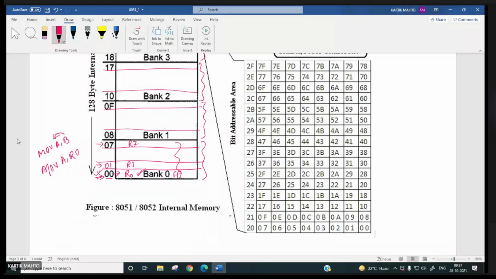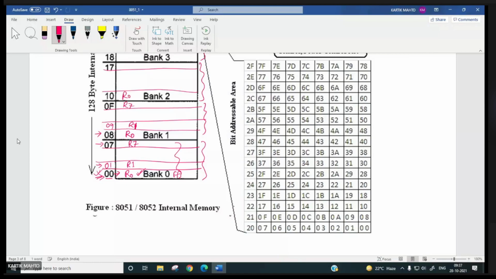So this is related to register bank 0 only. In register bank 0, how many registers do we have? We have 8 registers, and again in register bank 1, we have 8 registers. The register with address 08 is called R0, and 09 is called R1, and 0F will be R7.